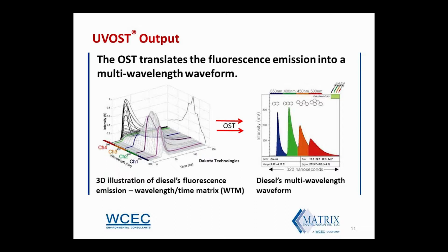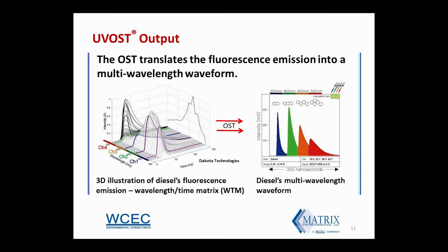You can see the 4 wavelength channels of the UVOST represented by the colored lines going from left to right across the image, indicating intensity and duration of the signal. But the WTM can't be continuously produced while the probe is moving due to the tremendous amount of computing power it would require. So the optical screening tool samples the total fluorescence at these different wavelength channels and then optically